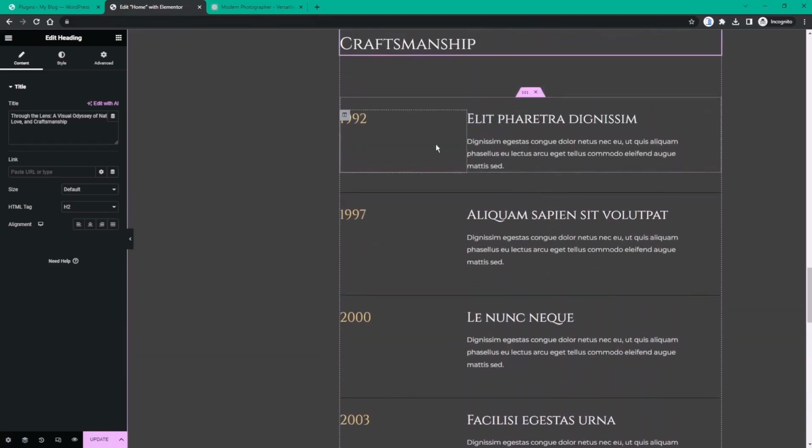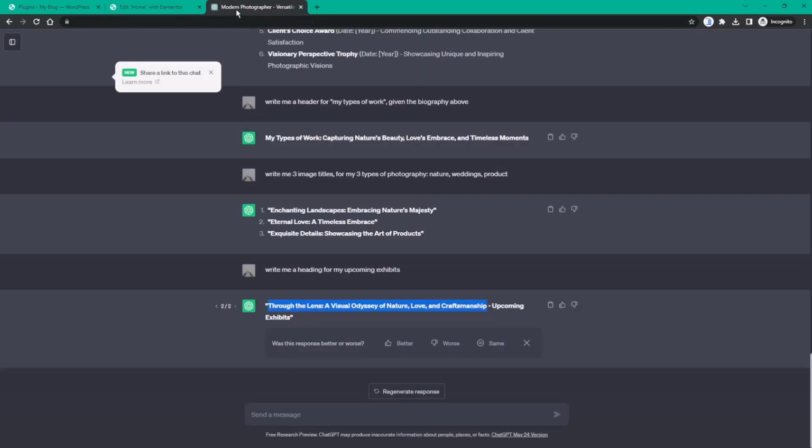I'm going to use ChatGPT as before, and afterwards I want to add an image to this section, and we're going to make this really much more visually appealing. So let's go back to ChatGPT. I'm going to write a prompt. I'm going to say, give me